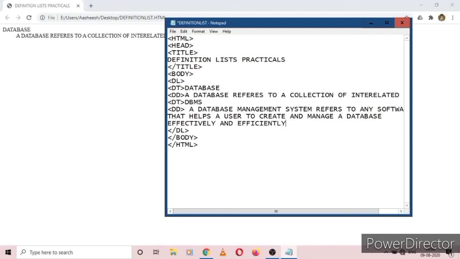Okay, so now save it by pressing Ctrl S or save like this, and then I will refresh it.